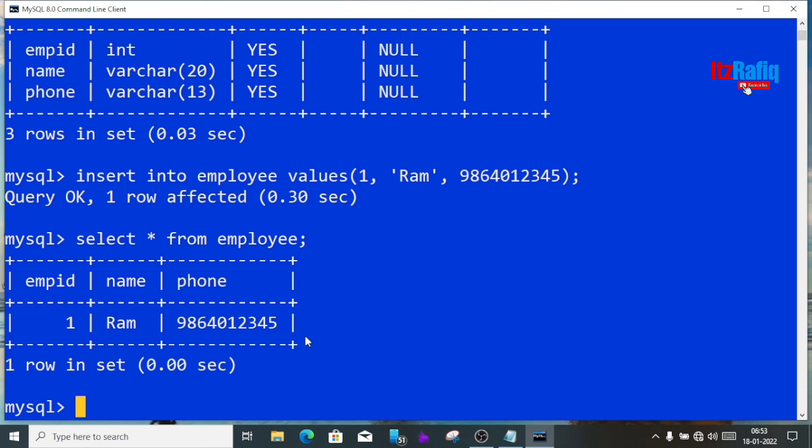But if you don't know how many characters you are going to enter, then it's better to choose varchar. Like the name field, everyone's name may contain a different number of characters, so it is always better to choose varchar for the name field. I hope you have understood why we cannot use integer as a data type for the phone field. From next time, while you are creating a table, always choose varchar for storing phone numbers.